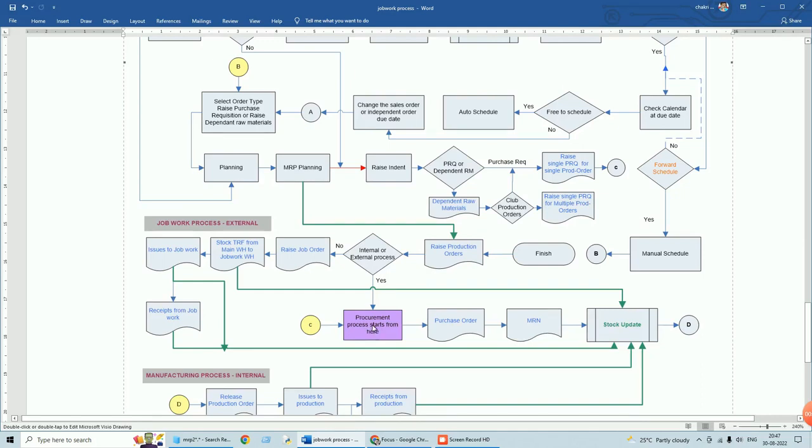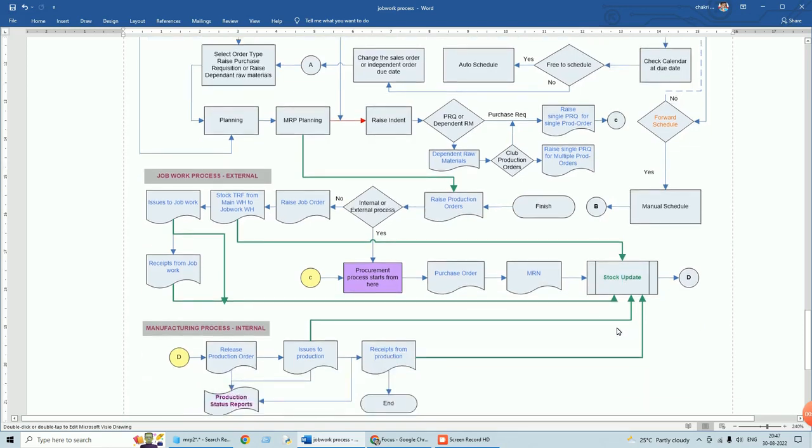Here the procurement process starts from here. We raise a purchase order, we receive the material receipt note, then we update the stocks. Then if it is an internal process, once the stocks are received, we will release the production order. Once the production order is